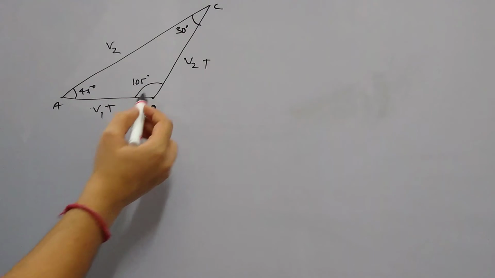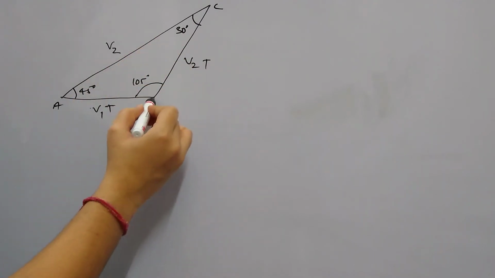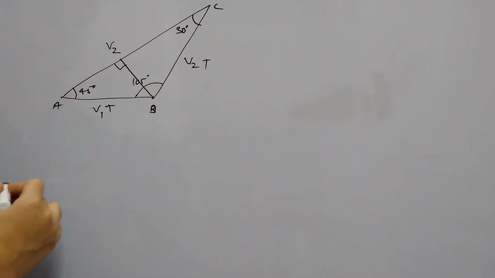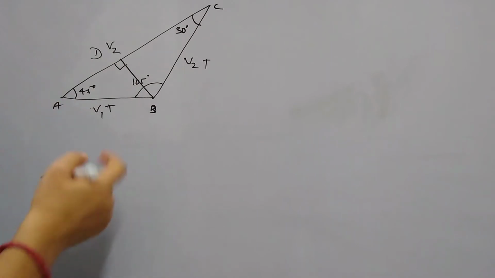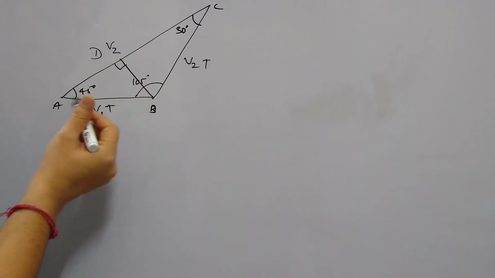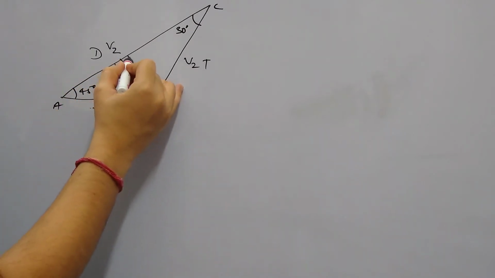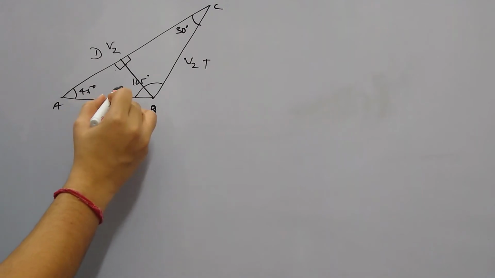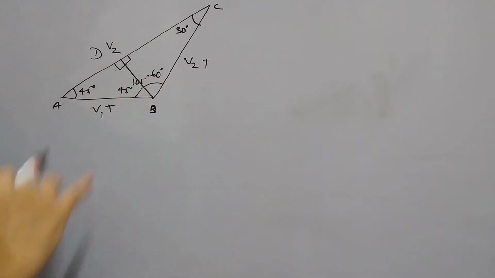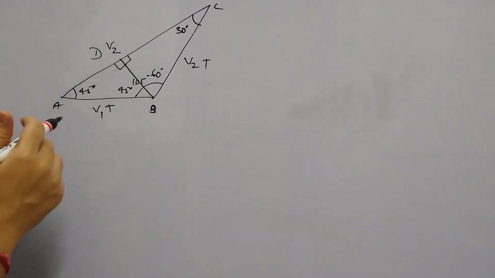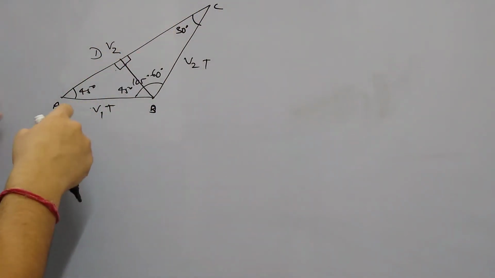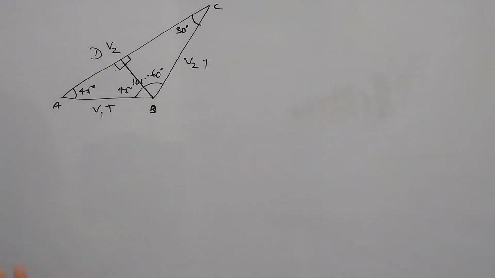Only this is strange. So if you drop a perpendicular from B to AC, let's say this is the perpendicular, and let's name it D. So from point B we are dropping a perpendicular to AC at point D. Now in this case we have 45, this will be 90 and this will be 90. Then we will have this angle as 45 degrees and this is 30, 90, so this will be 60. Now we have all the familiar angles. So we can get the distance of AD and CD individually, and then we can add them to get the distance of AC, and then we can get the answer.